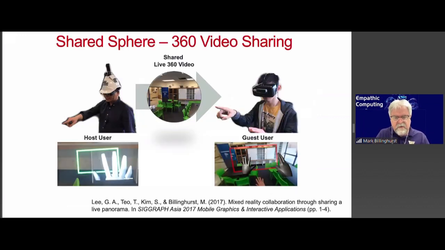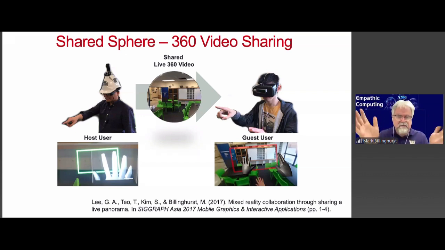But there's one problem with the system, and that is it only shares the view of what the person's looking at. So in a follow-on system, we used 360 video sharing, and in this case, the person wears a 360-degree camera, live streams that to a remote person. The remote person can then see what they're seeing and use hand gestures to communicate, as well as voice, and that's streamed back to the person in the 360 camera view who's wearing AR glasses, so he can see these kind of ghost hands floating in front of him.